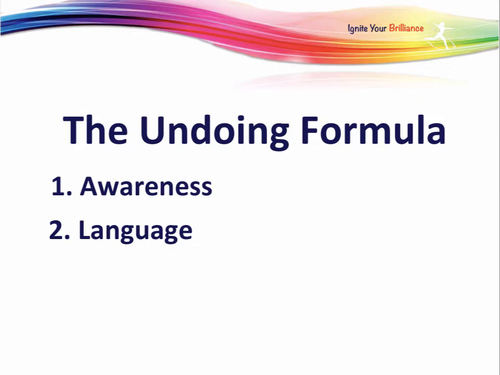The second element of the undoing formula is language. And the reason that's so important is that when you are stressed, your body takes energy away from what it thinks are non-critical systems. And one of those apparently non-critical systems is your prefrontal cortex of the brain, which is also, as it turns out, really like the CEO of the brain and is responsible for helping you make complex decisions. But under stress, the resources are taken away from that part of the brain, and well, that's not a